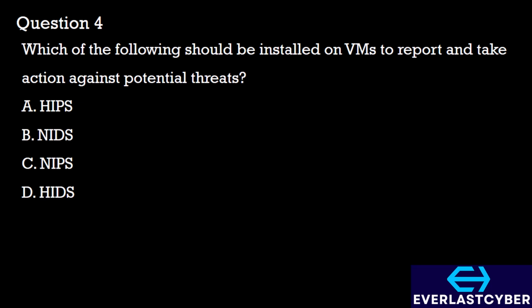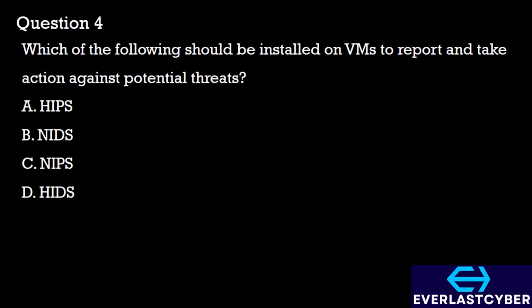Question 4. Which of the following should be installed on VMs to report and take action against potential threats? A. HIPS. B. NIDS. C. NIPS. D. HIDS. Option A, the HIPS or Host-Based Intrusion Prevention System, monitors and analyzes the internal activity and state of a host